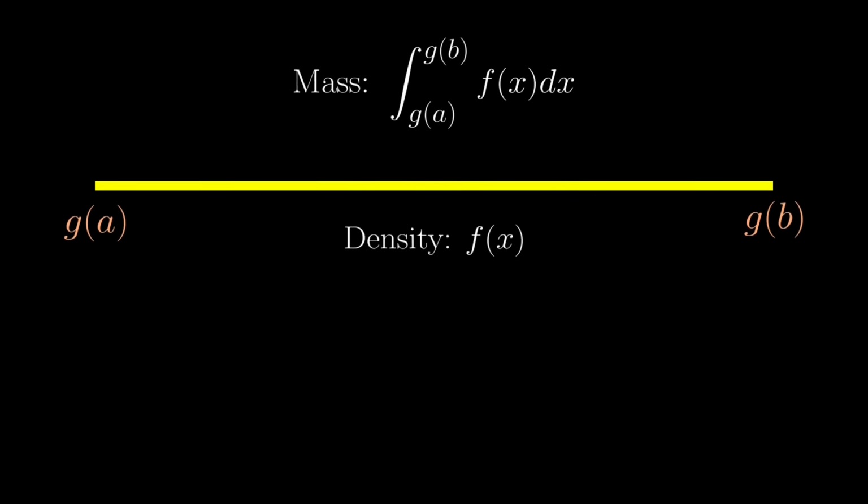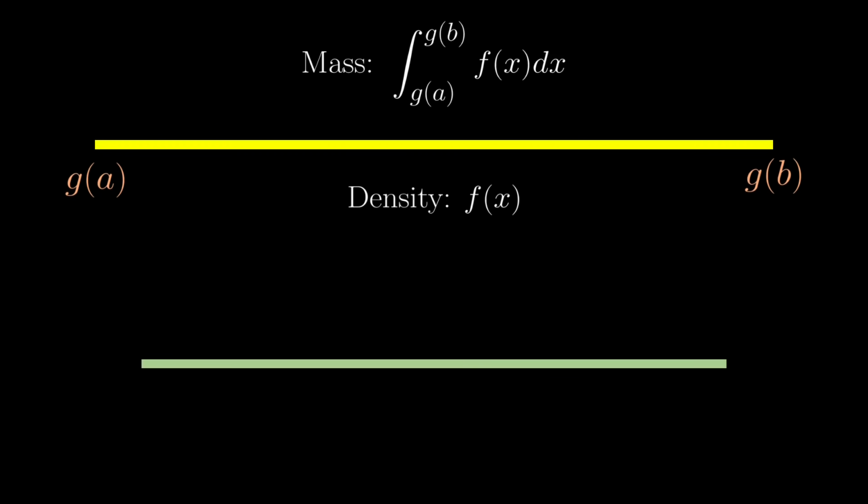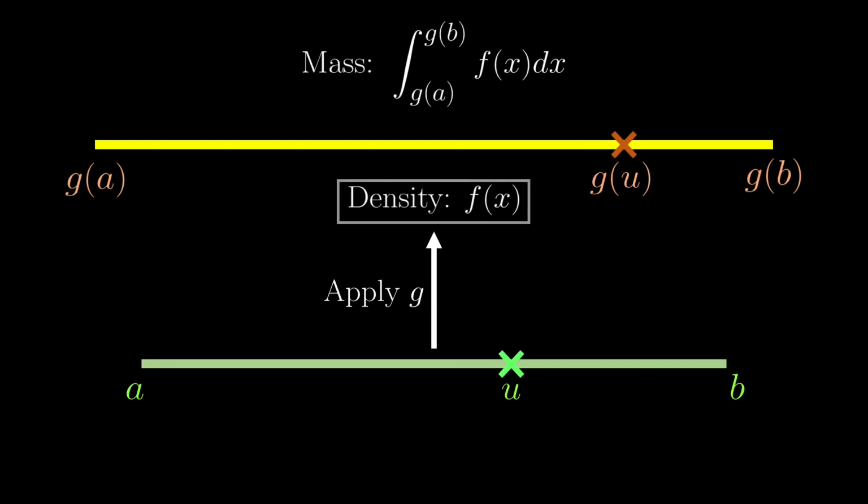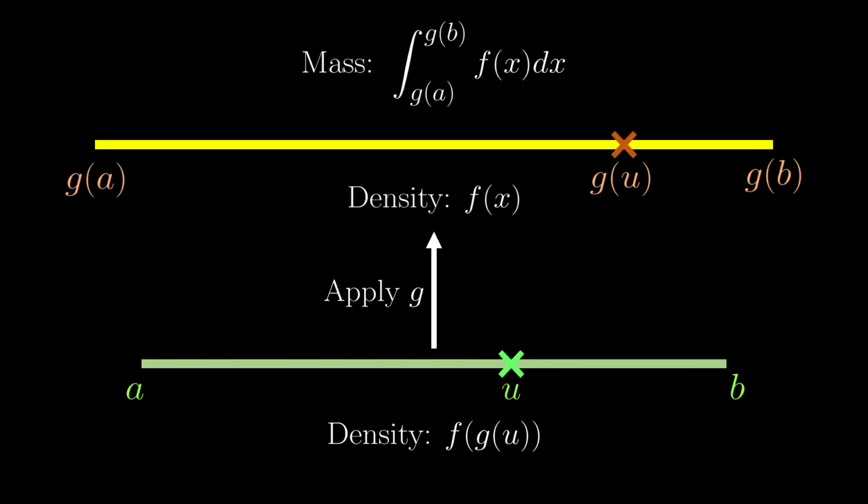But seeing the endpoints being g of something, isn't it tempting to consider another rod with endpoints a and b instead? We want a rod so that when we apply g to the bottom one, we get the original one. So if I have a random point u here, we want this to correspond to the point g of u on the original rod. The density at this point is given by f of the position, which is f of g of u, and so we want this density on the bottom rod to be described by f of g of u as well. That doesn't make the two rods have the same mass because their lengths can be different,